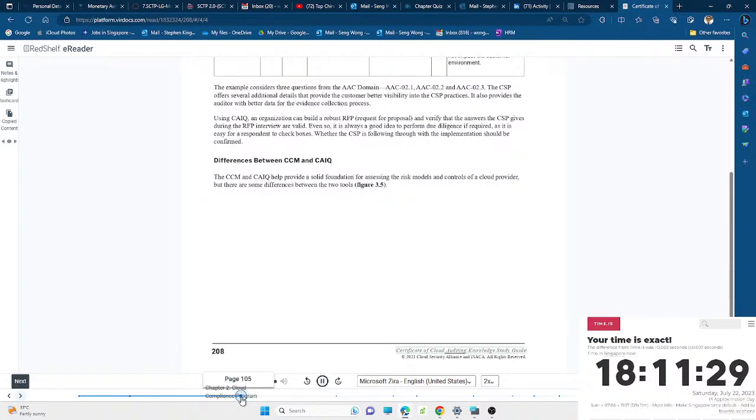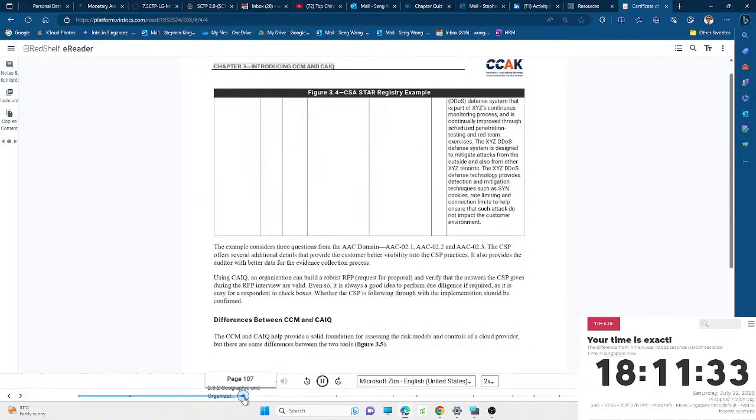208 Certificate of Cloud Auditing Knowledge Study Guide. Copyright 2021 Cloud Security Alliance and CCAK. All rights reserved. Chapter 3 Introducing